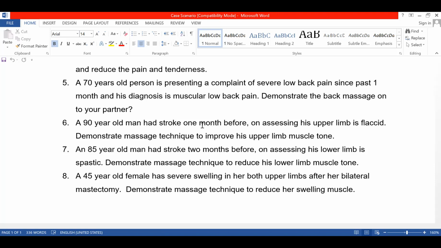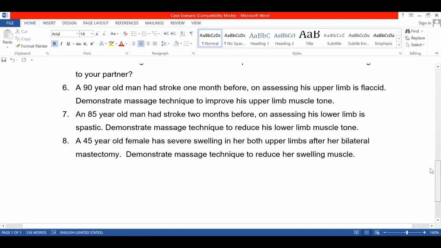Here you need to choose the technique that will be reducing the spasm of the muscle and that will be relaxing the muscle. So almost all the techniques you can use. But when you are doing it, you have to see whether the hacking, beating, all those things, are increasing the pain, then you don't need to use those techniques. Is that clear? So mainly since the person is having pain, you can choose the technique whichever is helping you to relax the muscle. Okay, good. Next group, group 6.